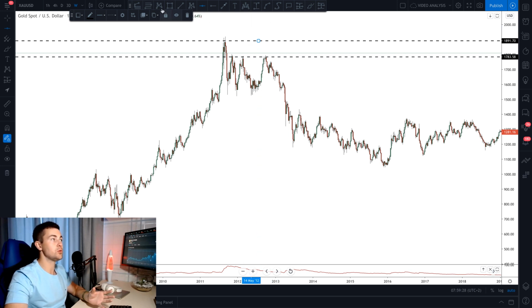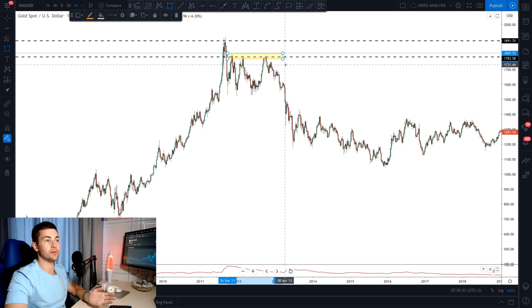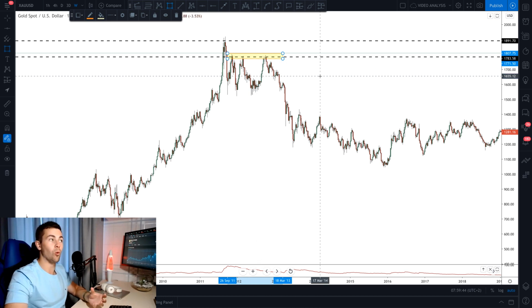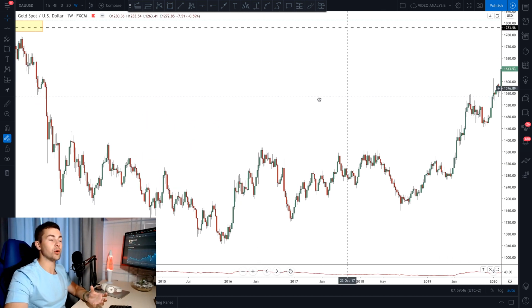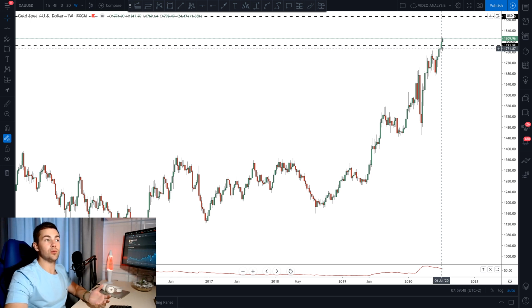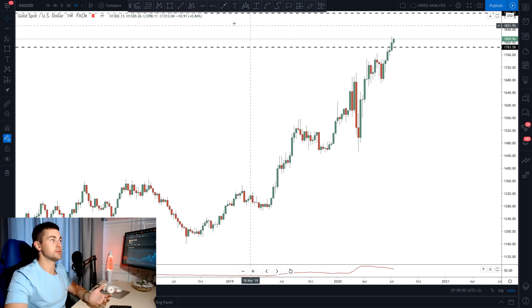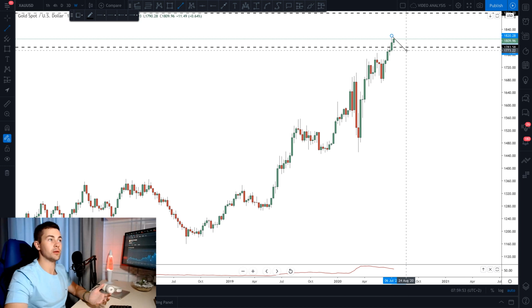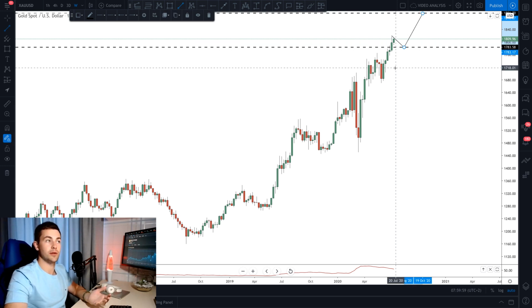So if you were preparing to short this structure and you missed that and still want to short, realize that we are now trading above that level, and this broken structure now serves as support. When the market was trading below that it was resistance, now it serves as support, and if for some reason the market drops to the downside, then it will be the first point to buy from to catch the next wave to the upside, right?